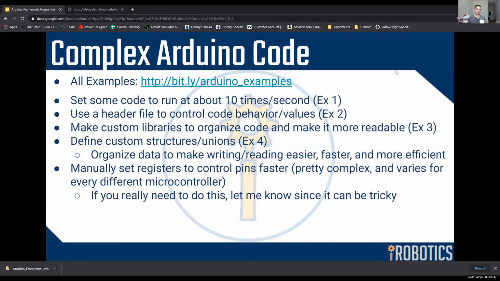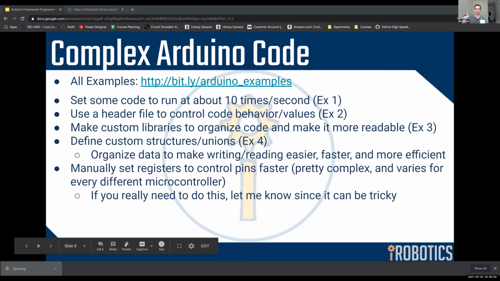And on a similar note, you can also use a header file with custom libraries to organize code and make it more readable. So you can have a class that is,